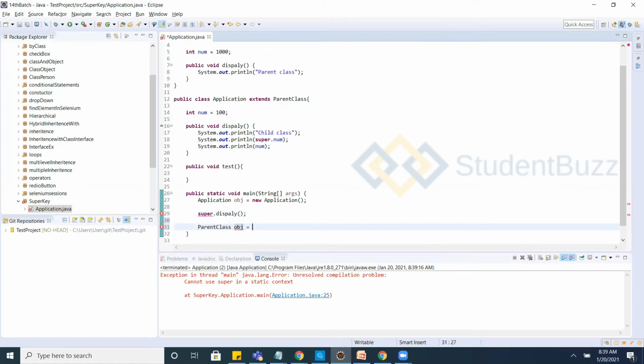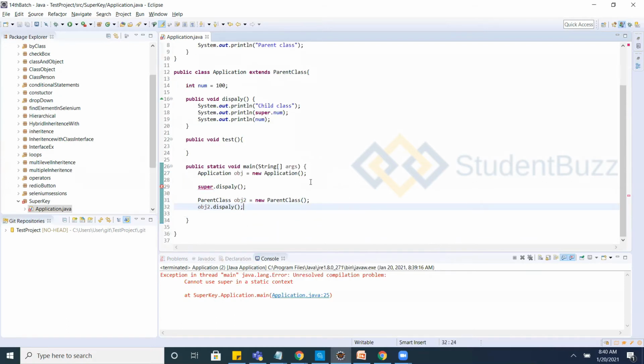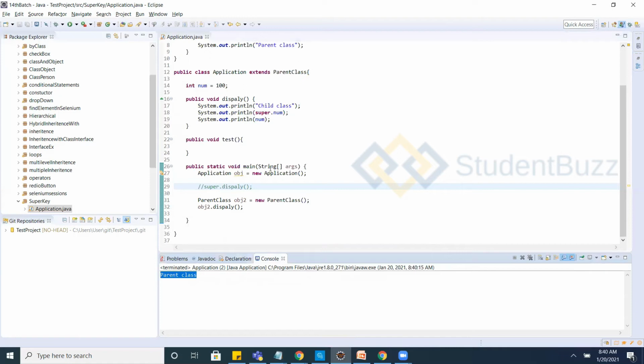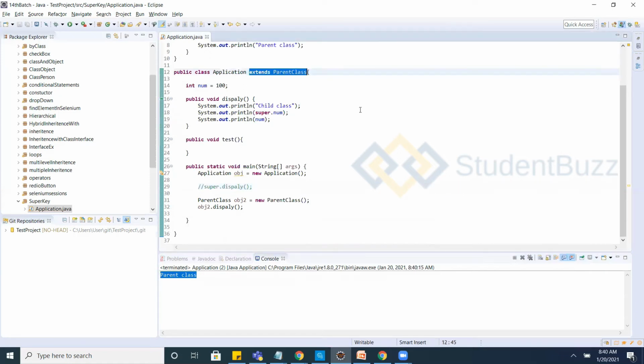Okay, so I'll comment this out. It is called. But what is the benefit of this parent and child class relationship? You are looking to call the parent class display through the relationship. How do you achieve that?